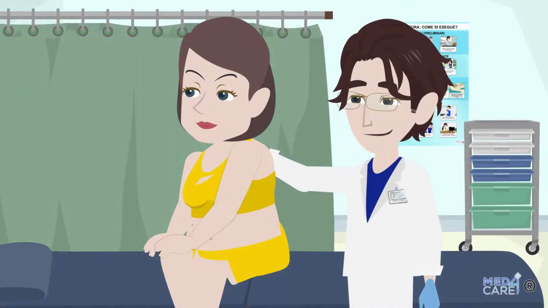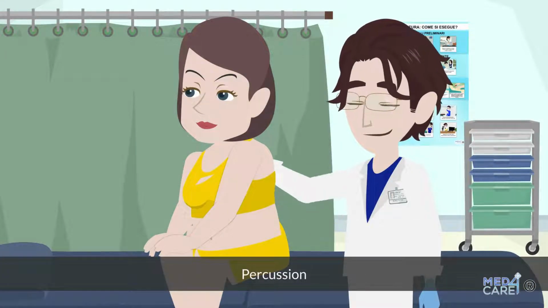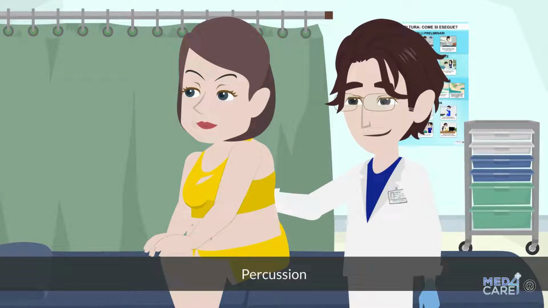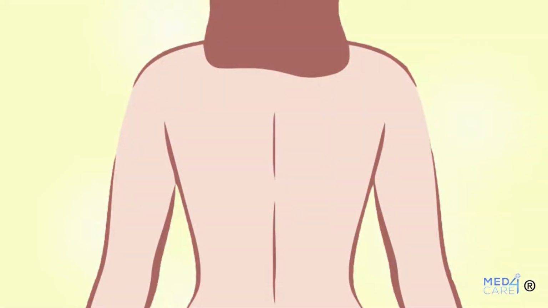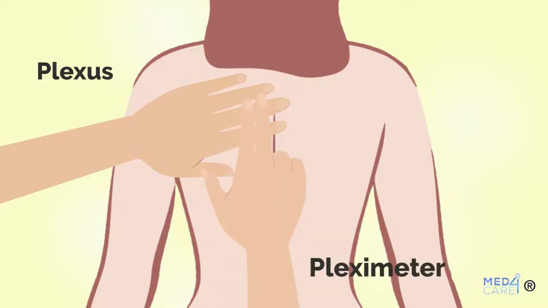The third modality, namely percussion, requires the doctor to tap certain areas of the patient's body and draw deductions from listening to the response sounds, such as in the case of lung sounds. In particular, the doctor uses 2 fingers. A finger, called plexor, strikes another finger, which acts as a pleximeter, which the doctor keeps placed directly on the